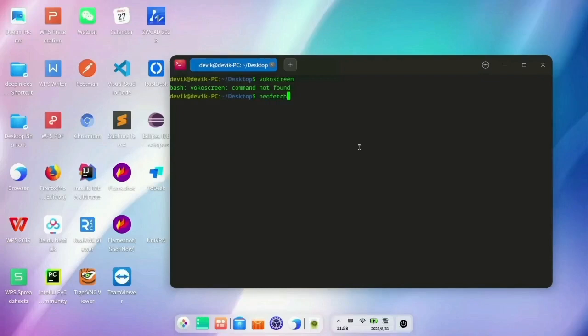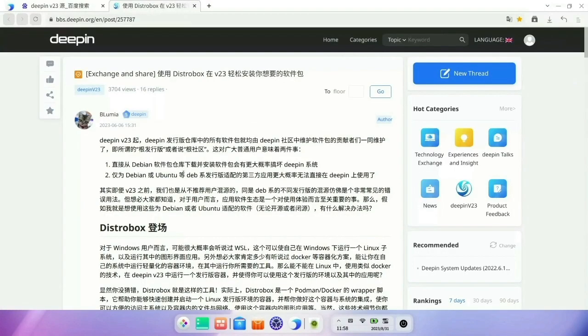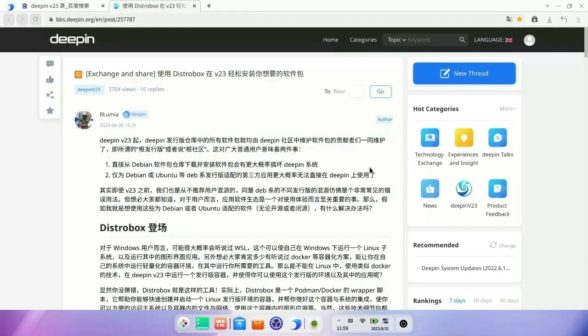Deepin, the Chinese Deepin OS, has a new version, Deepin 23 beta, with the 6.1 kernel. Now I'm showing you that the Deepin repository is changing to be a rooted repository, not relying on Ubuntu or Debian for the root. So they won't stick to the Ubuntu